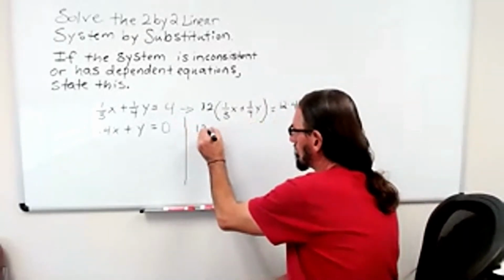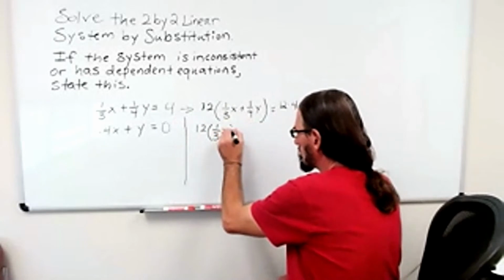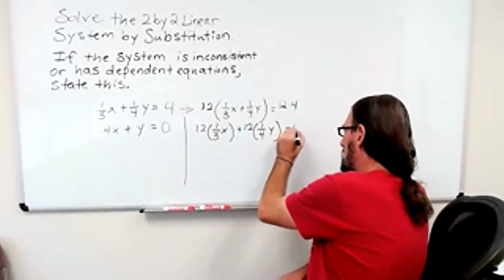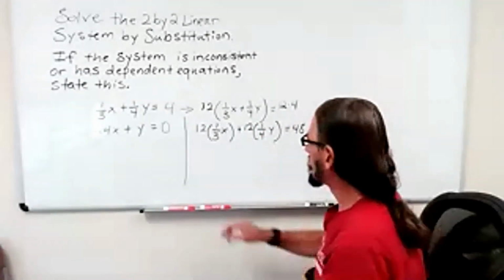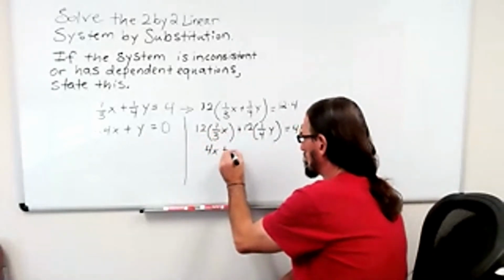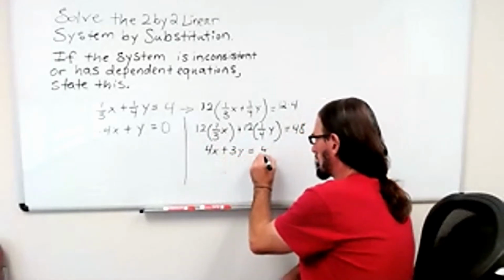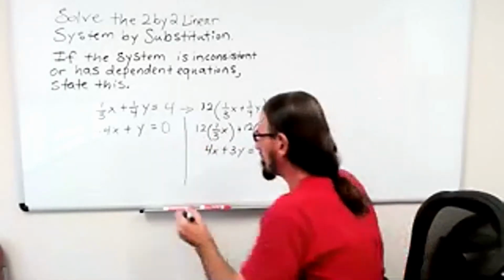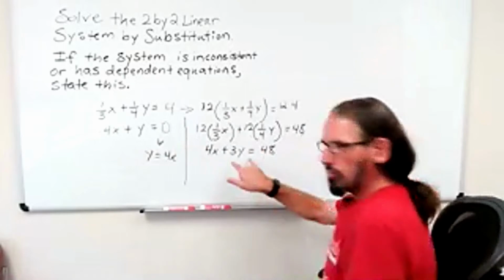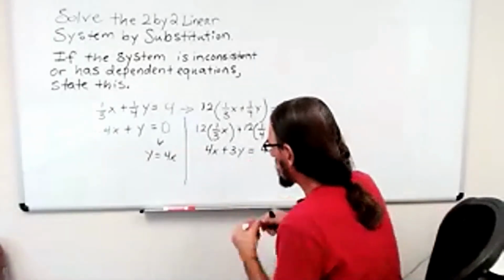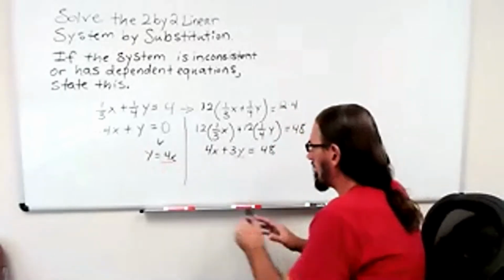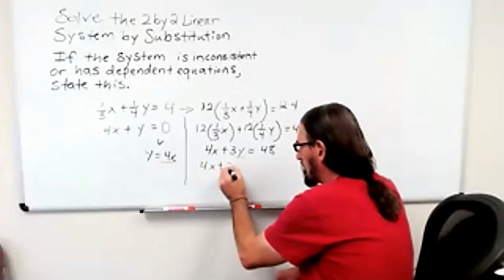Distribute before trying to cancel. And you'll see that we get both of those denominators to cancel. Now rewriting the second equation by adding 4x, we can replace that in the rewrite of the second equation, and we'll have that 4x plus 3 times 4x